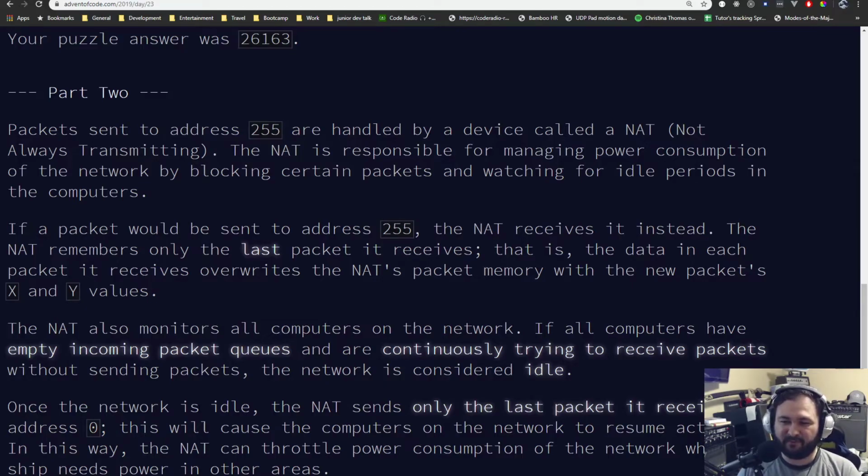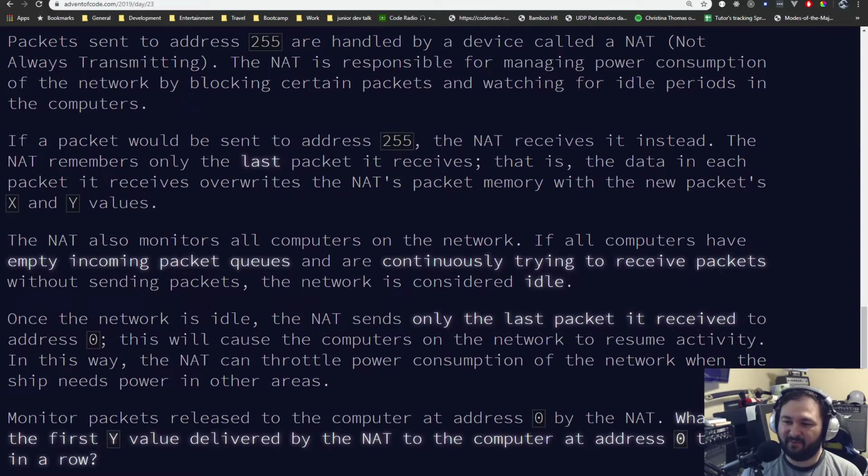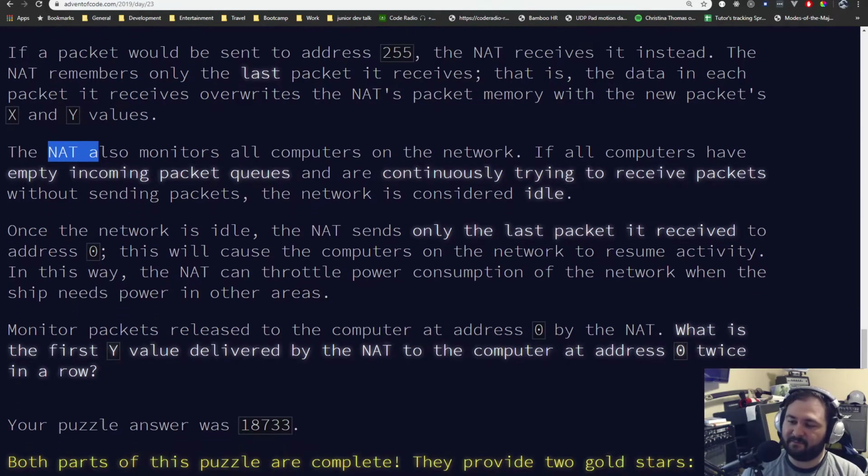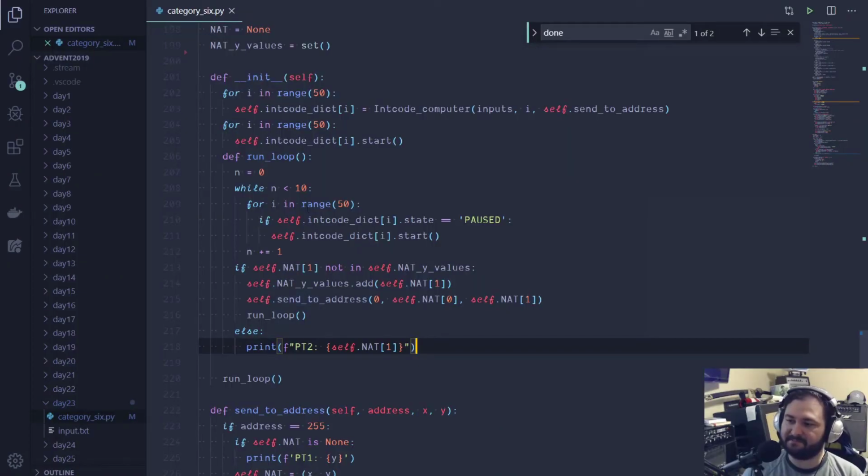I think it's meant to really trip up people that use multithreading. And that makes sense because naturally, if you have all 50 running at the same time and multiple of them are kicking off calls to NAT, that would seem to cause race conditions, I would think. But because I'm running mine one after the other, it becomes a little bit less of an issue. I was printing all of the address values as they were coming out of the program initially, and you could see it would spit out like 5 or 6 calls to NAT in a row. So basically, to solve for this, I've got a